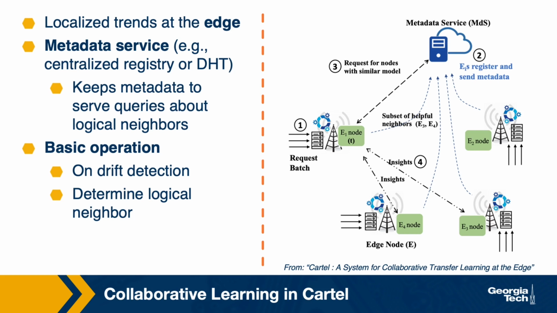these locations. This is a really small amount of data, on the order of a few kilobytes, exchanged between these nodes. This information is sufficient for the metadata service to provide a node with some information that helps determine a good peer, a good, what we call, logical neighbor, that would be able to help with a model update. Once such a peer is identified, then the actual exchange of parameters is going to take place using this knowledge